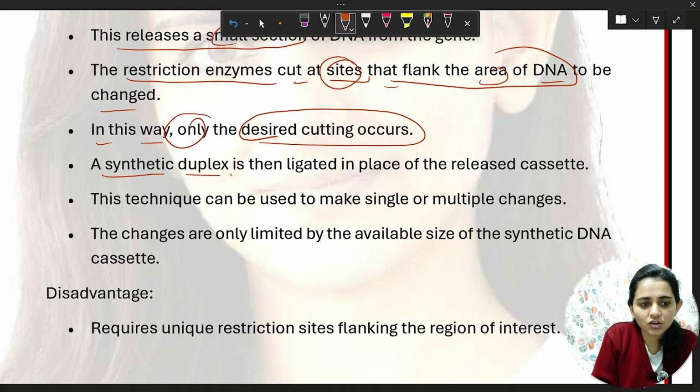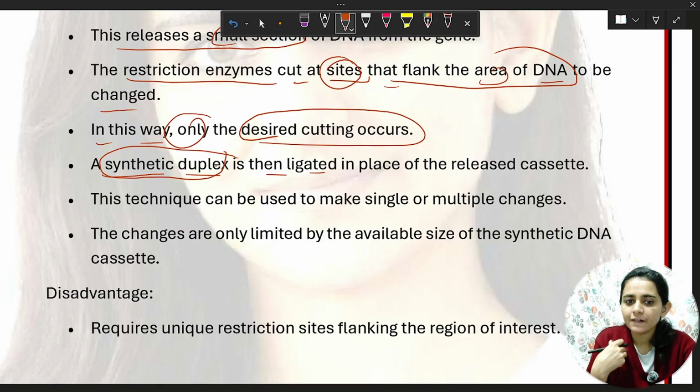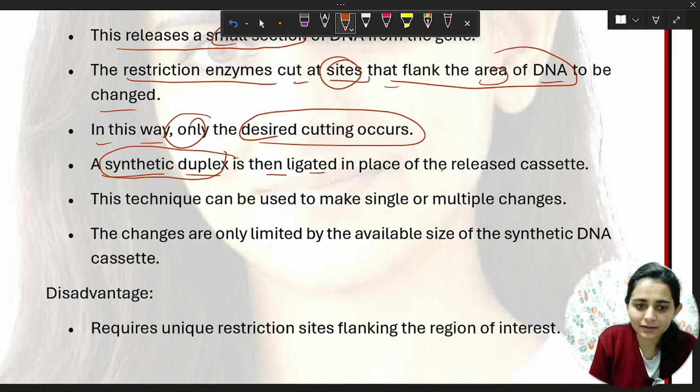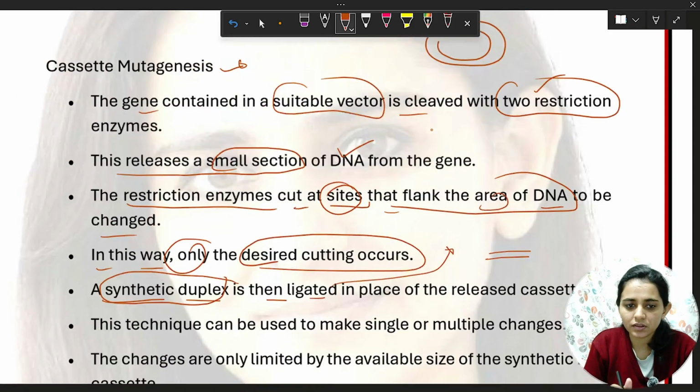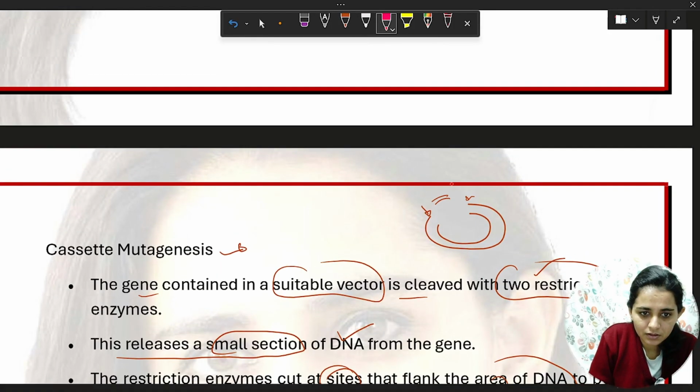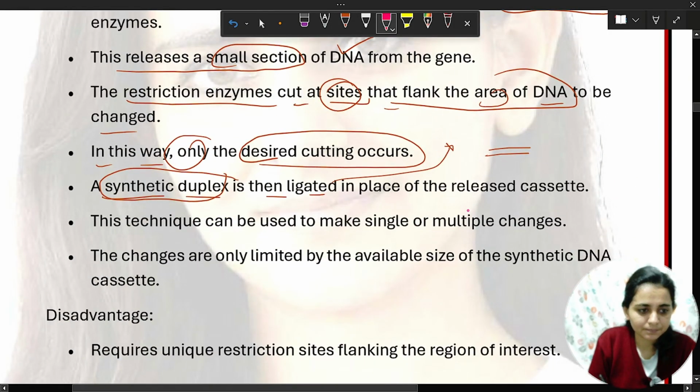So the synthetic duplex is then ligated. Synthetic duplex is our desired mutant sequence. It is called synthetic duplex. Duplex why? Because it is double strand. And we will place or ligate that part on this place. Here we replace with our desirable duplex.